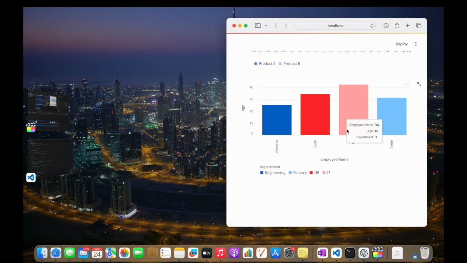Yeah, now it is more user friendly, right? Because you can see age is given in the y-axis, employee name is given in the x-axis, and for each employee the different coloring is given. Yeah, this is our bar chart. And we'll proceed with another cool functionality of Streamlit, which is nothing but